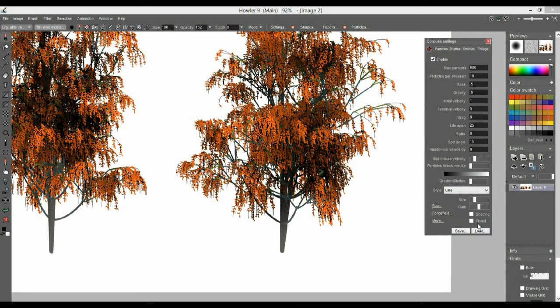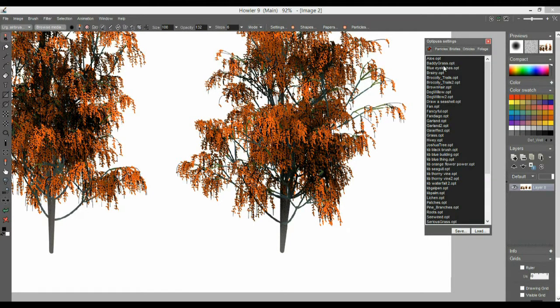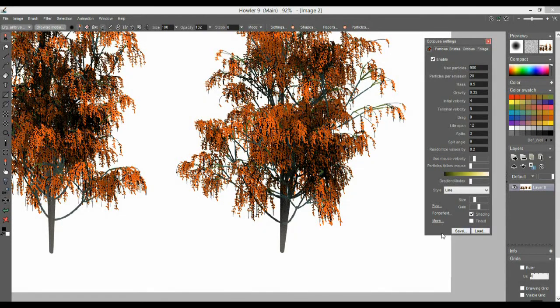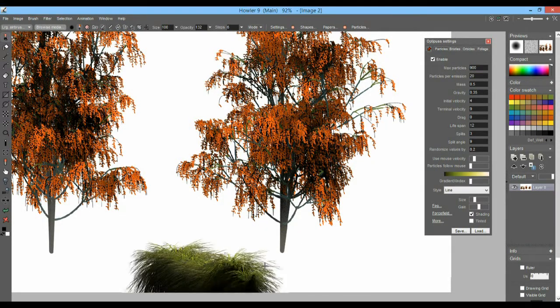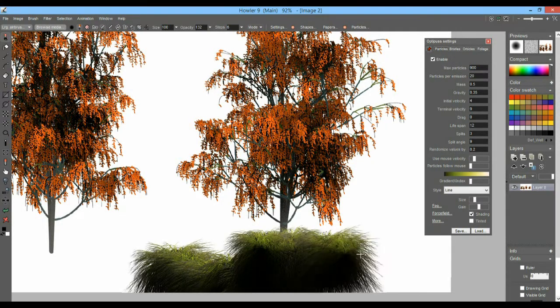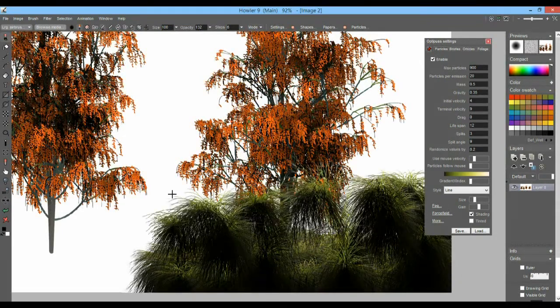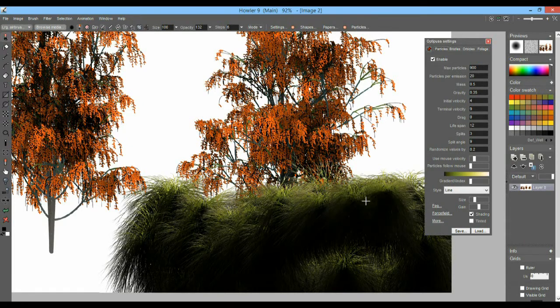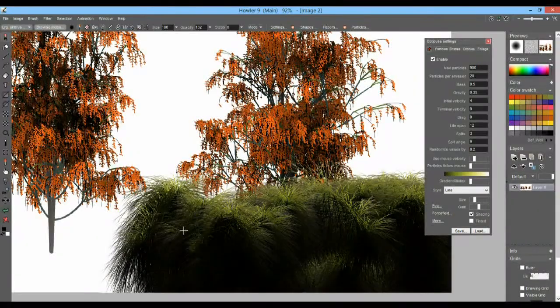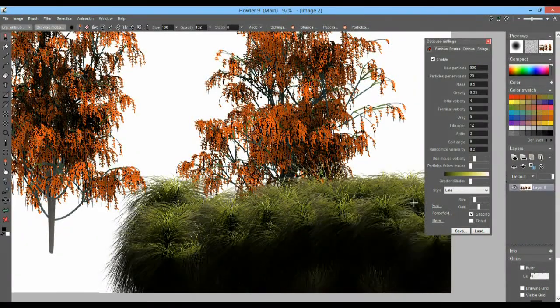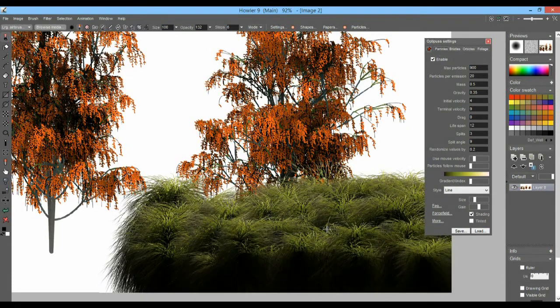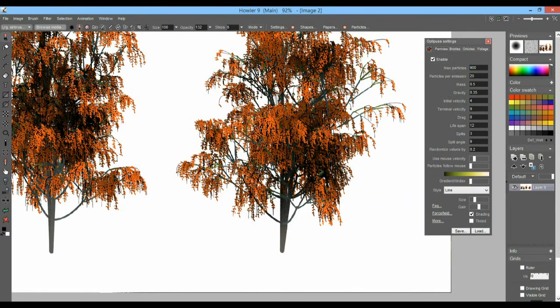Let's grab, for instance, the oh so great baddie grass, and simply have the grass right here in the foreground. Or the tree might be disappearing behind a hillside, and we have just part of the tree showing in the foreground. Right, so whatever the scenario is, we're going to need some bushes and trees and shrubbery